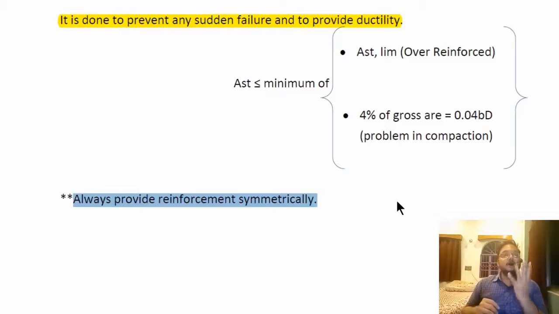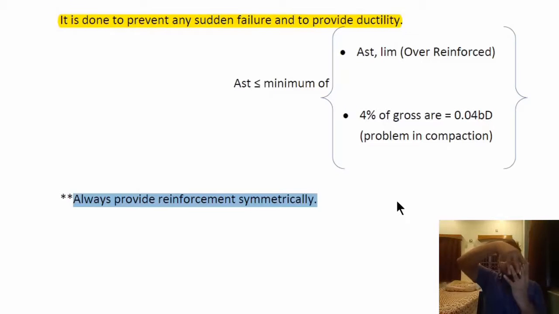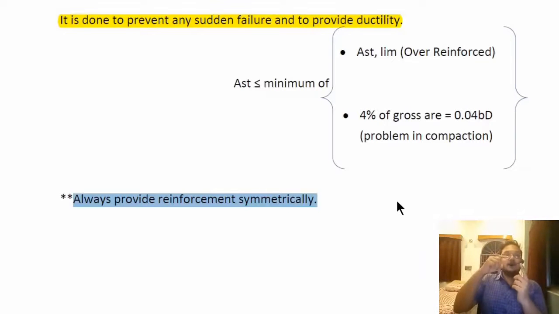It's not like we will keep 4 20 dia bars on one side and 3 25 dia bars on the other side, with a total of 7 bars. We will distribute it evenly. Like the first one we will keep a 20 dia bar, then a 25 dia bar, then again 20, another 25, 20, 25, and finally 20. This way we will distribute it evenly or symmetrically.